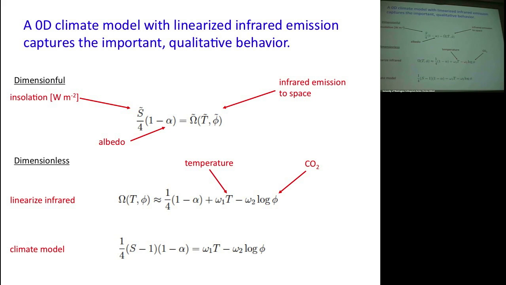What happened to sigma T to the fourth? Yeah, that's right there. Now it turns out that if you linearize roughly between, let's say, minus 10 Celsius to 40 Celsius, you might think sigma T to the fourth is going to deviate fairly far from linearization, but because of the water vapor feedback, the actual function isn't sigma T to the fourth, it actually looks more linear. So it makes this a better approximation. That's not to say I'm really defending bottling all of climate into 0 dimensions and doing this, but that's sigma T to the fourth.